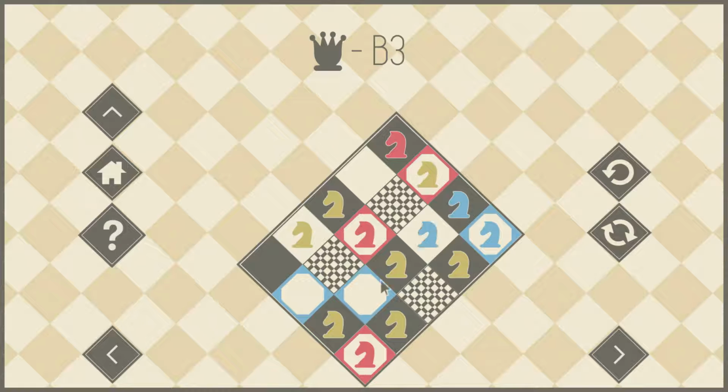Get rid of that. Get rid of that. Too many things in the way. We're making progress. Just now get that one piece to dance around. Maybe do that, and then